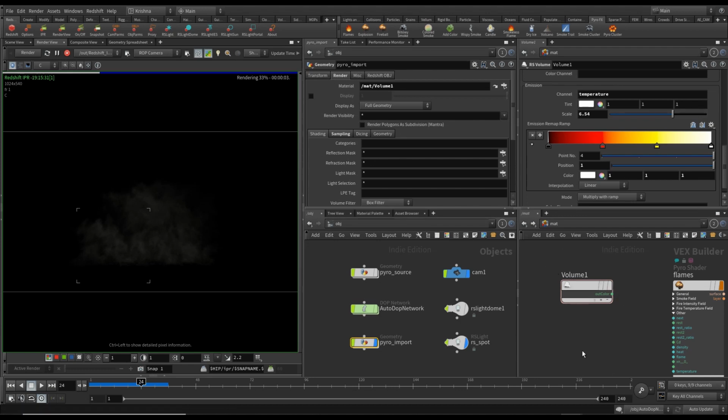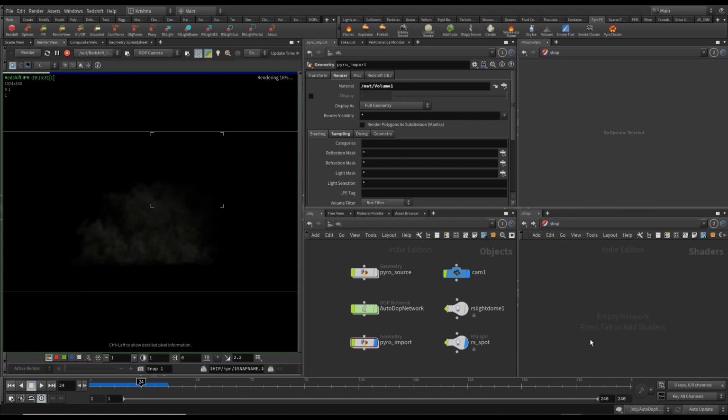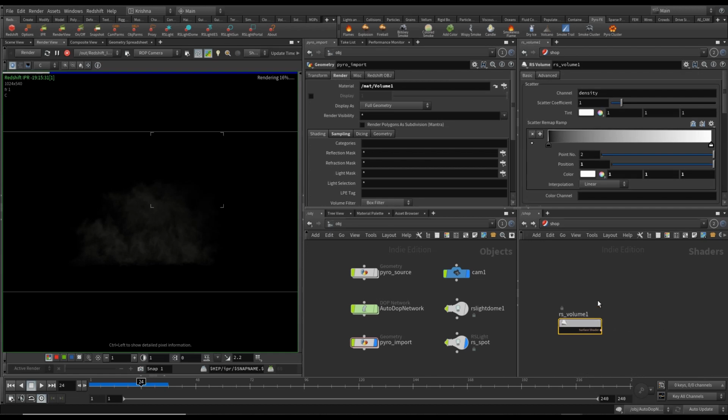I don't know if this is a bug or not. I have no idea. With Redshift, but anyway, I'm going to delete it. I'm going to go to shop. I'm going to create RS volume in here, and I'm going to assign that to this now. Okay, and now if I